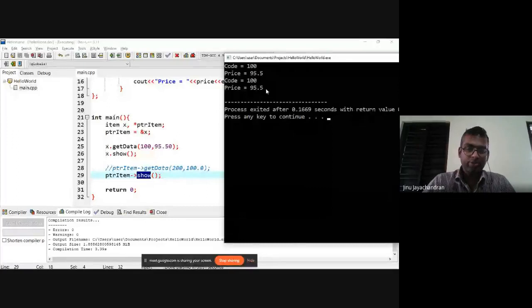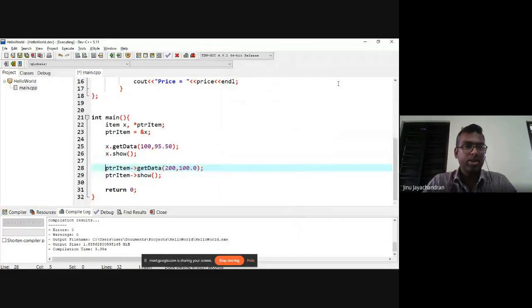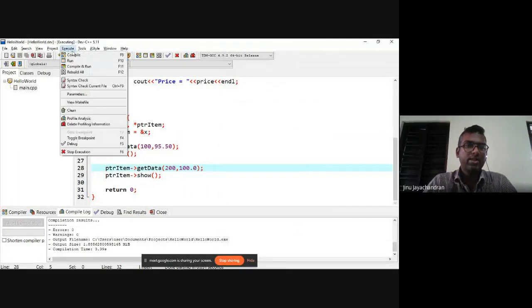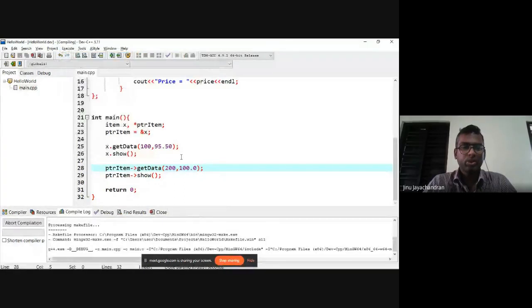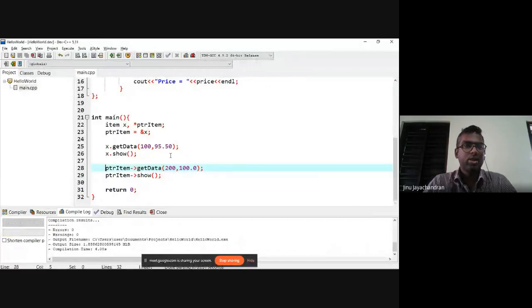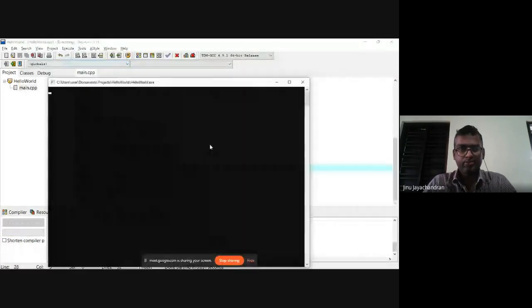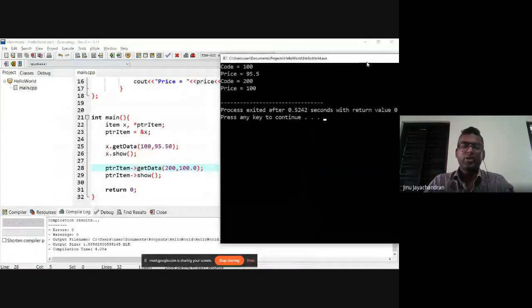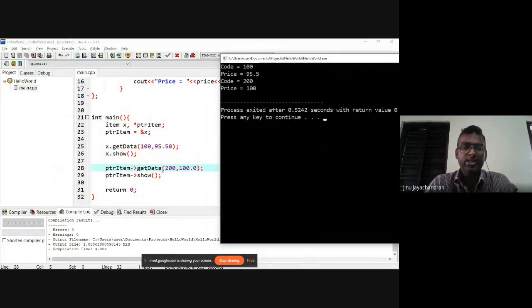Okay, so if I remove this and run it, I have changed the value of x using get data, and you see that the values have changed. So ptr item arrow get data has actually assigned the value 200 to code and 100 to price, and when I say show, it has shown the values.